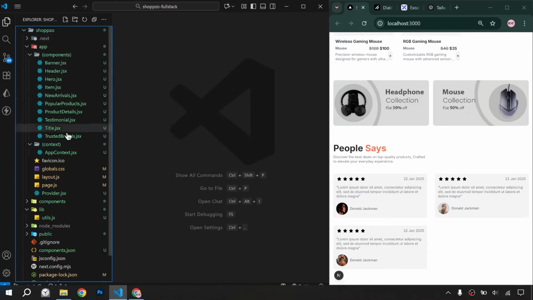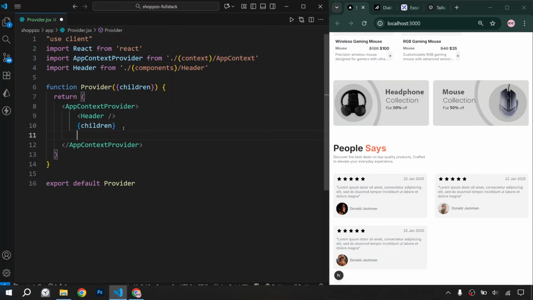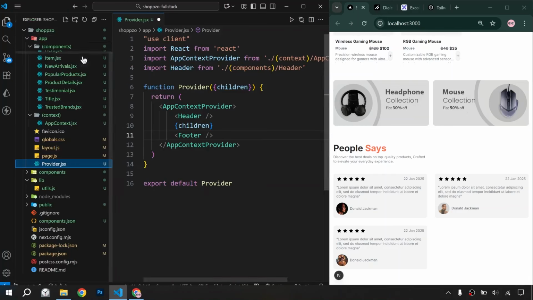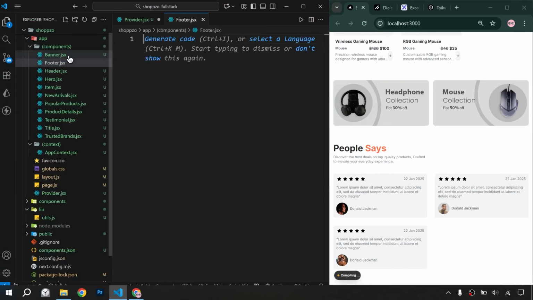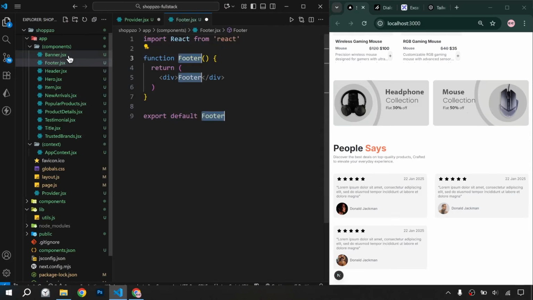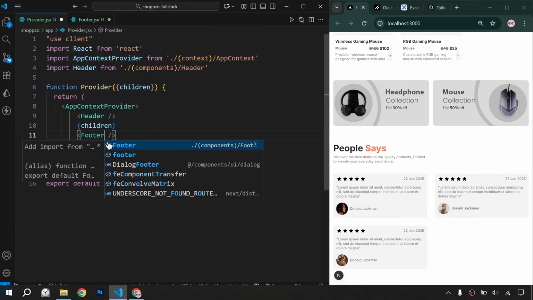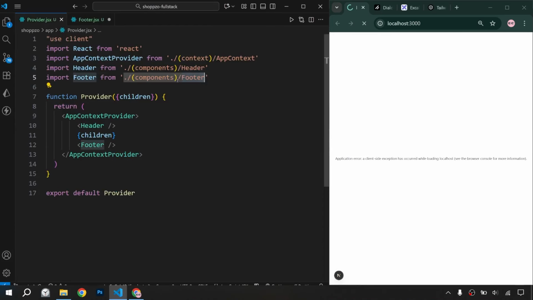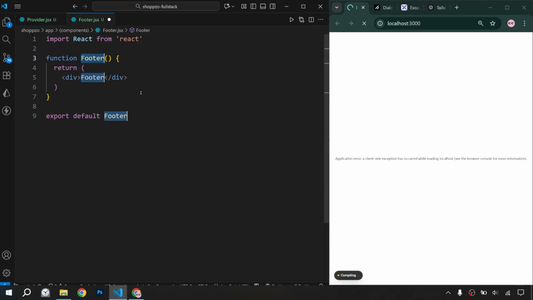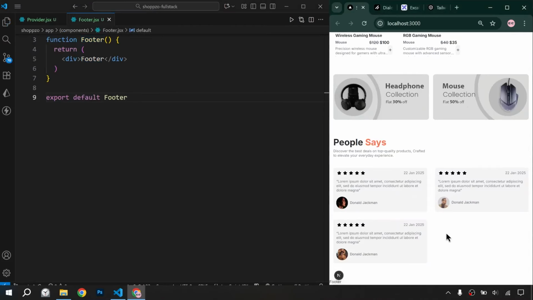We will make footer inside the provider. So here after the children we will create the footer component. Inside the components we will write footer.jsx rfce. We will import the footer in provider, this one. Okay, I will save this. So here we will write